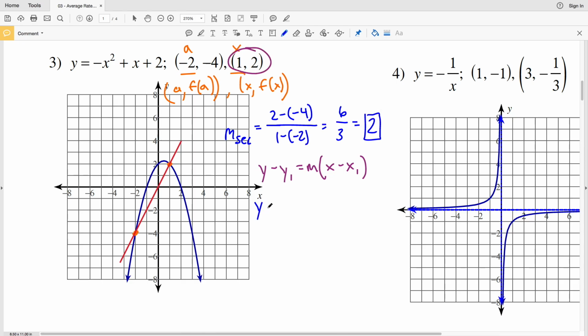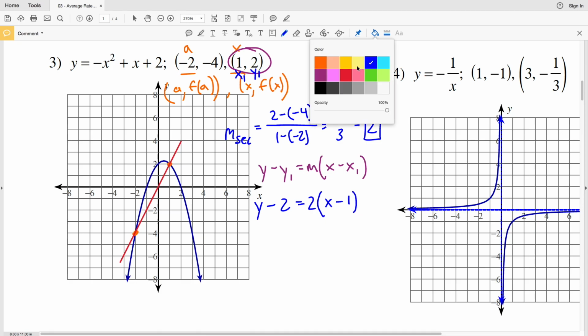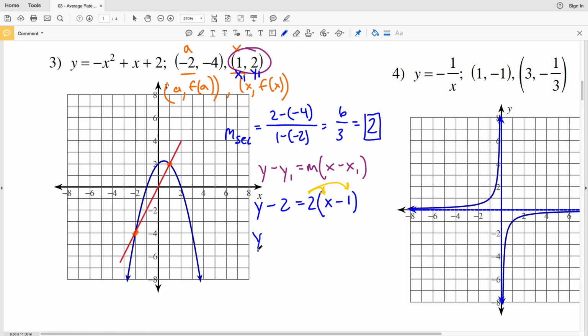So I'll have y minus y1, which is 2, equal to our slope of 2, because we calculated the slope of the secant to be 2, and that's multiplied by x minus x1, which, using the point (1, 2) as x1, y1, is 1. So what I'm going to do is distribute my 2. So I'll have y minus 2 equal to 2x minus 2, and then I'll add 2 to both sides to